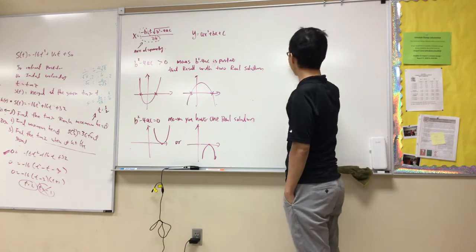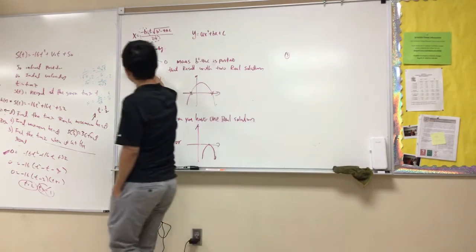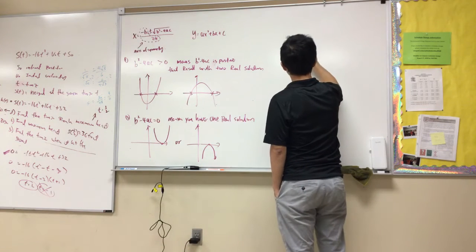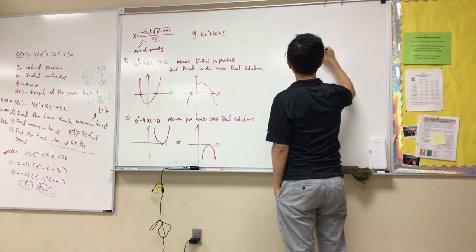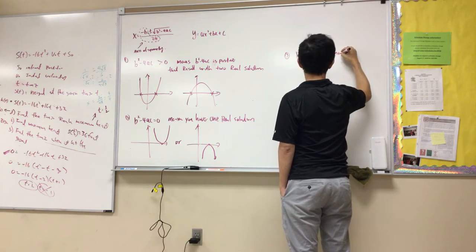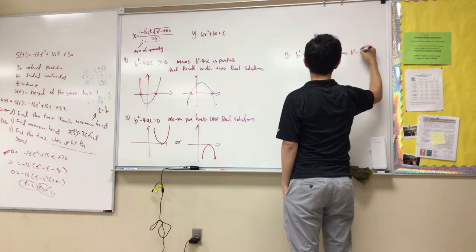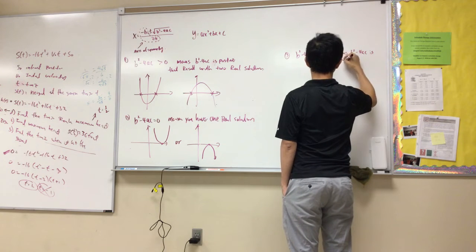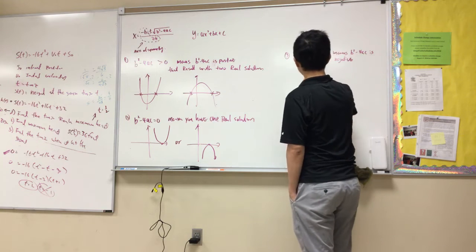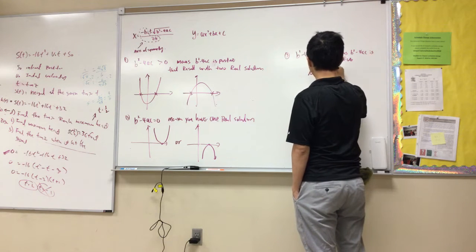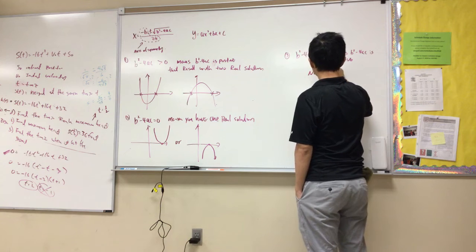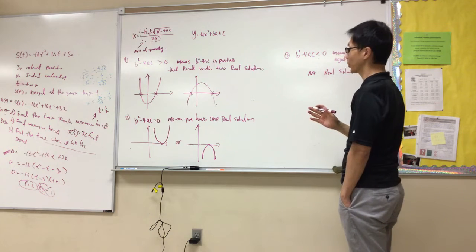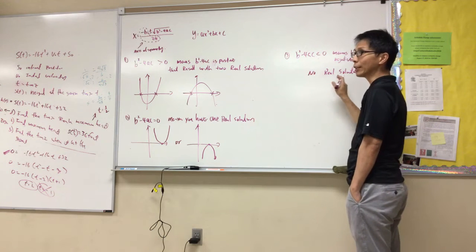Then the third situation. So this is the first situation, this is the second situation, this is the third situation. The third situation is b squared minus 4ac is less than 0. That means no solution. b squared minus 4ac is negative, right? But that means no solutions. Good. No real solution. It also means more than no real solutions. It means not only do you get no real solution,